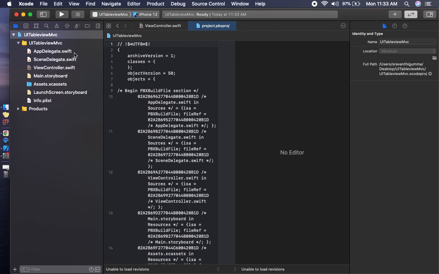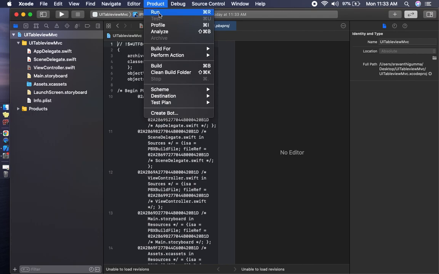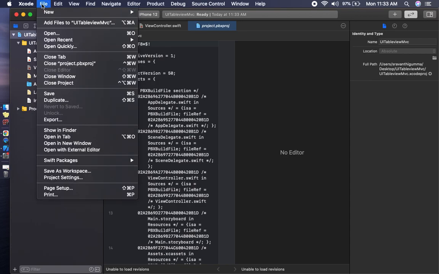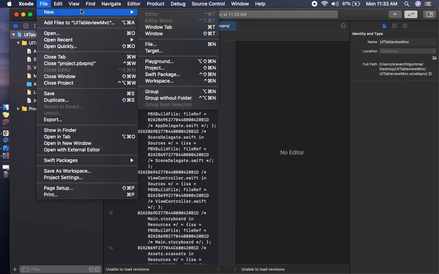But in Xcode we have to run by using Command R. In this Product menu we can go to that Command R. So I will go there. From here I will show from File. In the File menu, for New we can create a project or everything. In the New there are different types, like we can use files or target, playground, project and Swift packages also, everything we can use in the project.